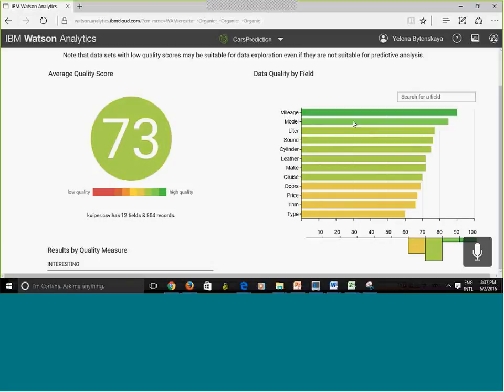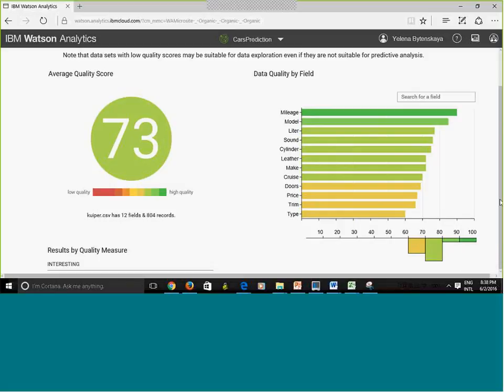At the top, I see that miles per gallon has the best quality. I can see the score for each individual variable. It's a little bit similar to the scores that we saw in the refinement, but a little different because it puts them in order, with the top quality score at the top.